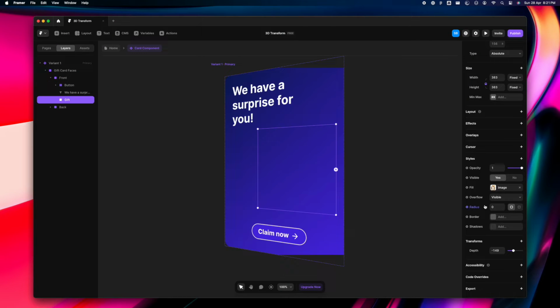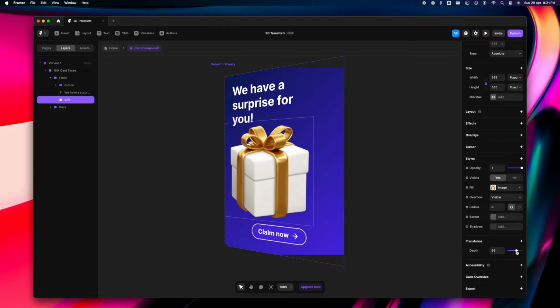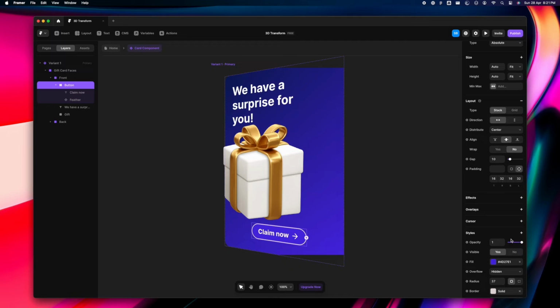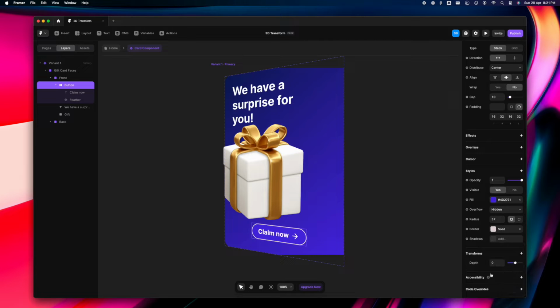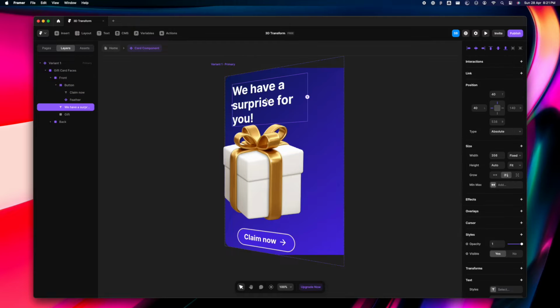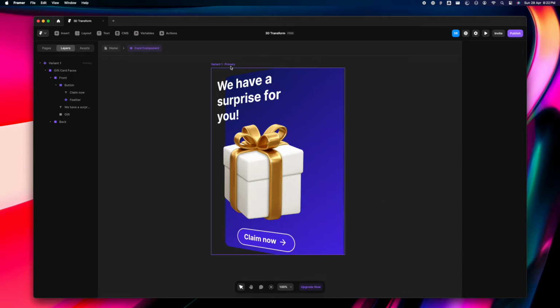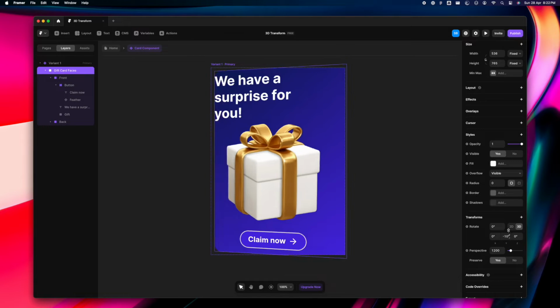Everyone, welcome back. Framer's latest update of 3D Transforms is truly a game changer. I mean, the possibilities, the things that you can do with this are crazy. You can explore a lot of things, but in this particular tutorial, I'm going to keep it easy and simple. While we get introduced to 3D transforms and how they work, we are going to try and do this flip card animation and add some depth to the elements to bring that 3D effect. So without further ado, let's just get started.